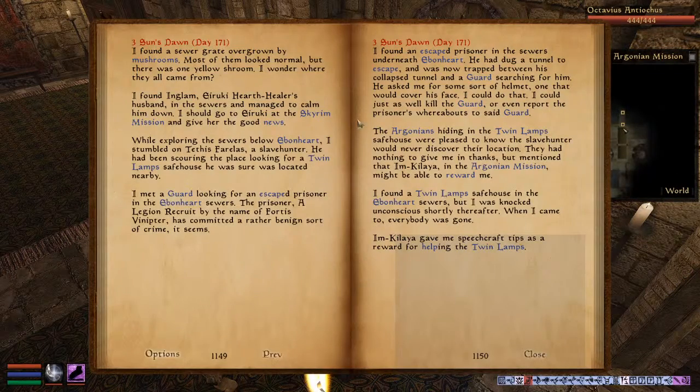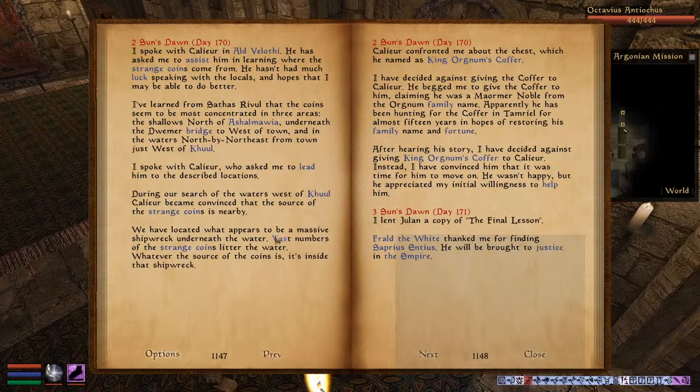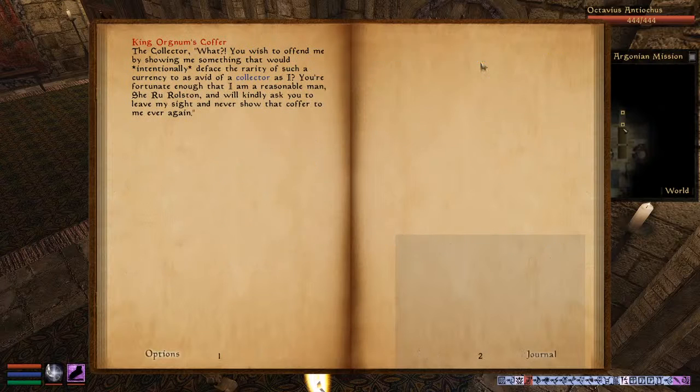So, welcome back to the adventures of Oceania and our friends in this big, huge Morrowind world. And I think last stream we just finished a quest from the Hard Volatile based mod, finding the fabled artifact King Hargroom's Coffer,